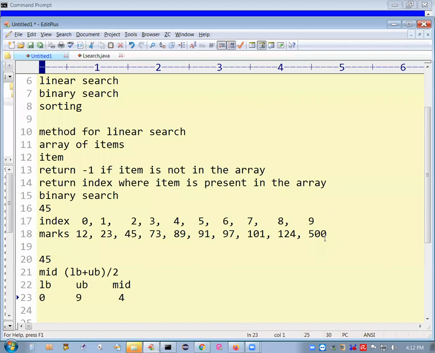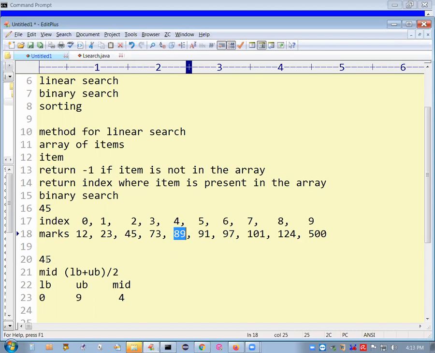Fourth index: what do we have in marks of 4? 89. Whereas we are looking for 45. And the marks array is already sorted in ascending order. If the fourth index has 89, then all the numbers to the right of the fourth index are bigger than 89.